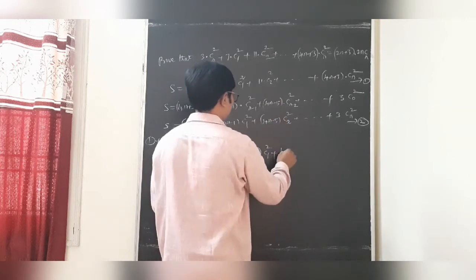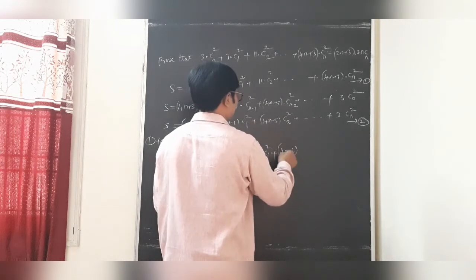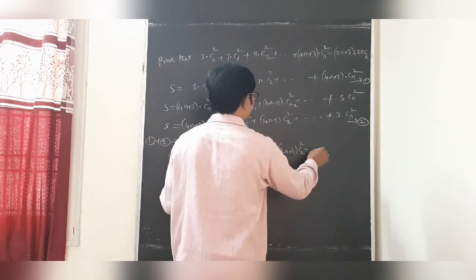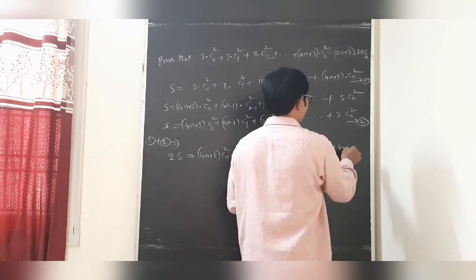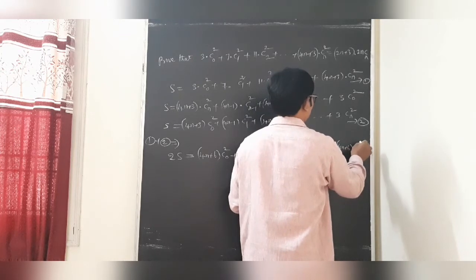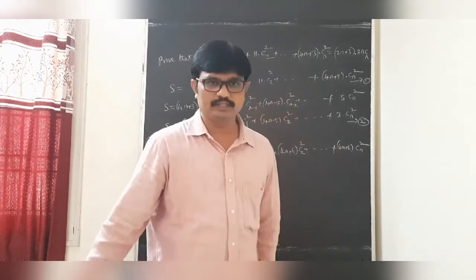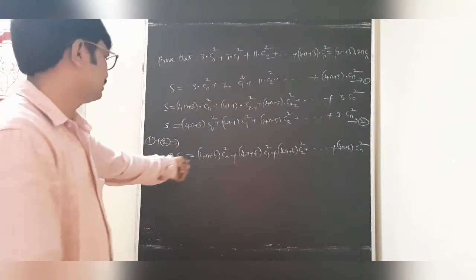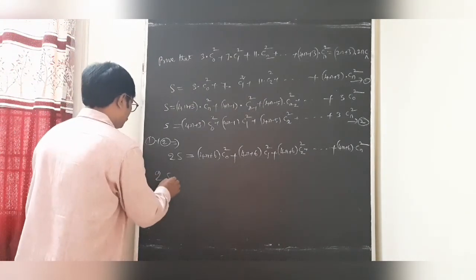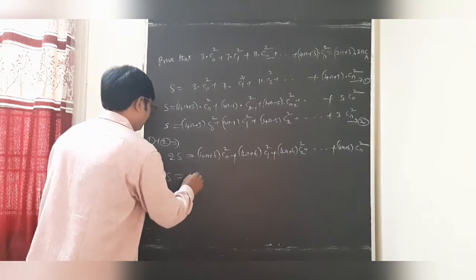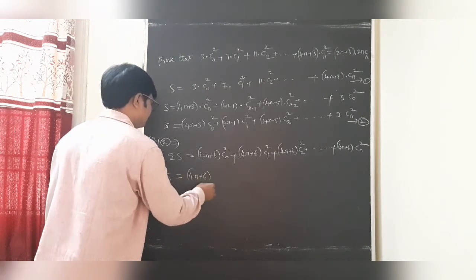This is also (4n plus 6) into C2 square. My dear students, this is also (4n plus 6) into Cn square. Each and every term has (4n plus 6). So 2S equals (4n plus 6) into